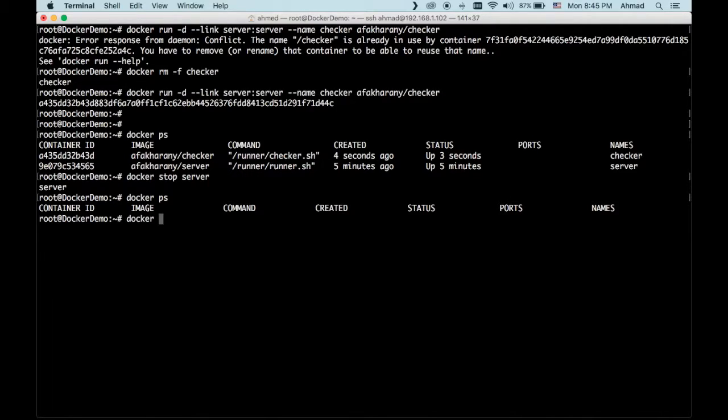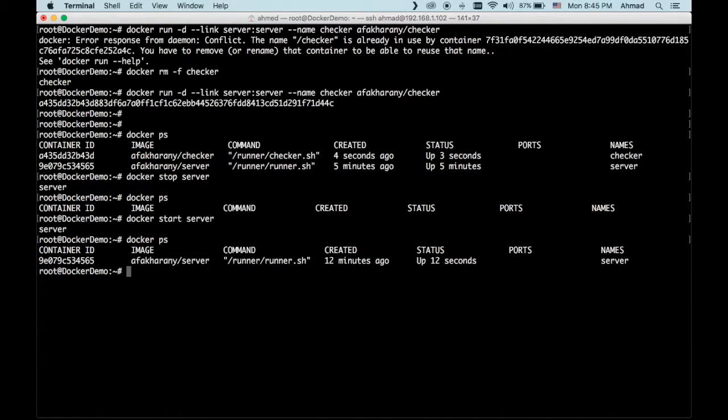First, let's start again this server, because it has to be started in order for the checker to be able to start, and this can be accomplished using docker start command. Docker start just starts the container, and let's have a look at our containers again. Now, yes, server has been started, and now let's start also the checker command,